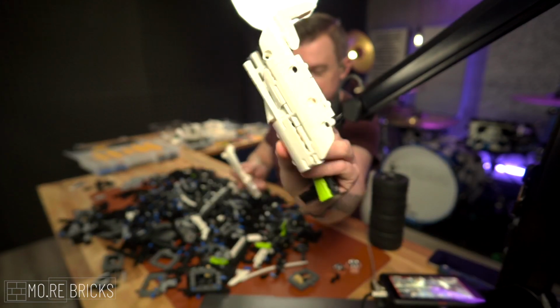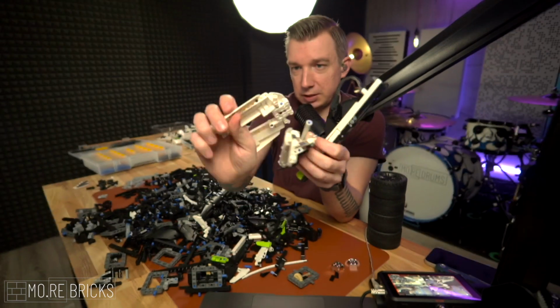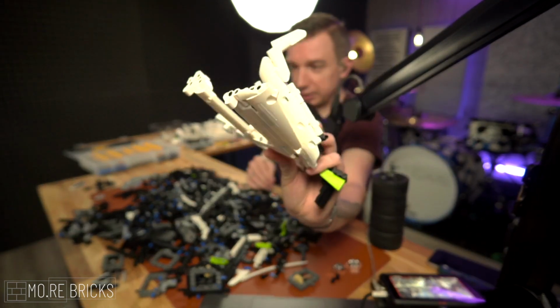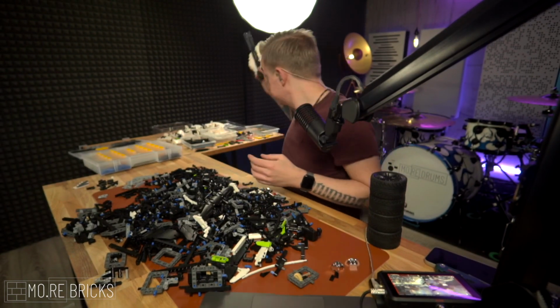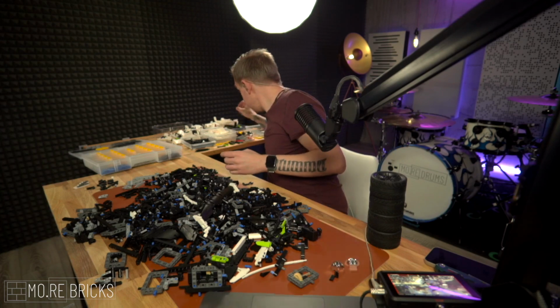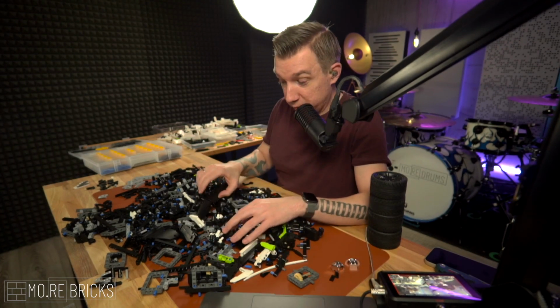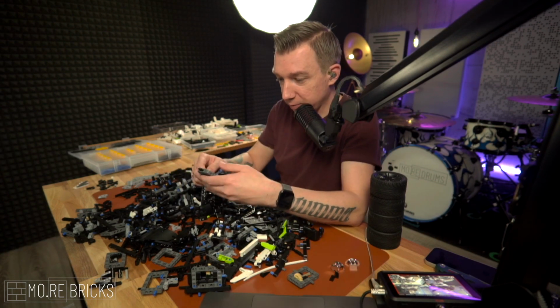So this is still assembled, I haven't taken this apart because I just wanted to get all the bigger parts that make up the outside of the car. I wanted to get these out of the way to be able to sort through all the smaller stuff. But this is only session 1 of probably 3 or 4 of taking it apart and then reconstructing the model,